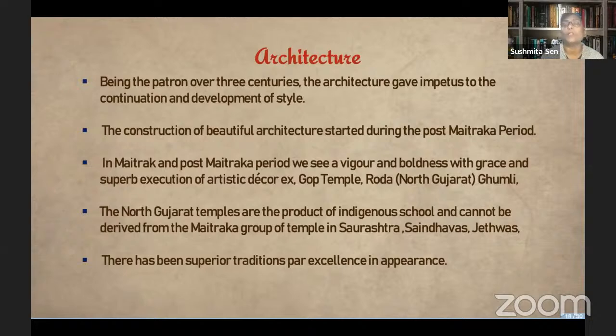which can be seen in the Gop Temple and Rhoda Temple in North Gujarat. The North Gujarat temples are the products of an indigenous school and cannot be derived from the Maitraks, because the Maitraks were situated in the Saurashtra region, and their feudatories were the Sandhavas and Jethwas. But the temple architecture that developed in North Gujarat was far more superior and par excellence in